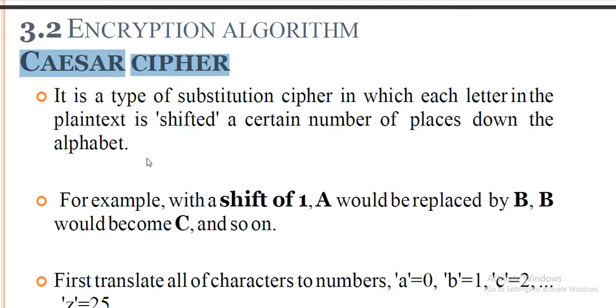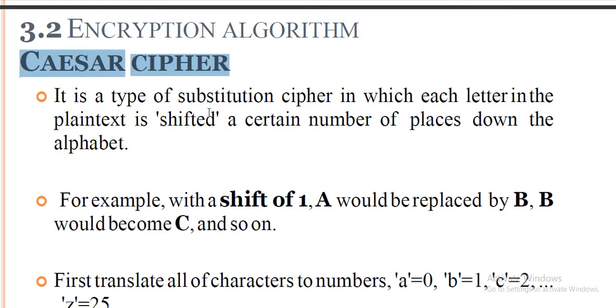We have the alphabet A to Z. So if we have a key equal to 2, then we need to shift two letters from A. Say, for example, A is our plain text. For the cipher we need to apply key 2. So after A we need to go two steps, B and C. So C is going to be written instead of A. That is the main technique of the Caesar cipher.